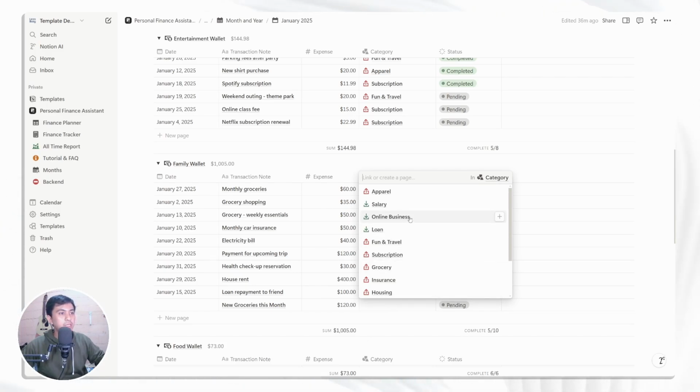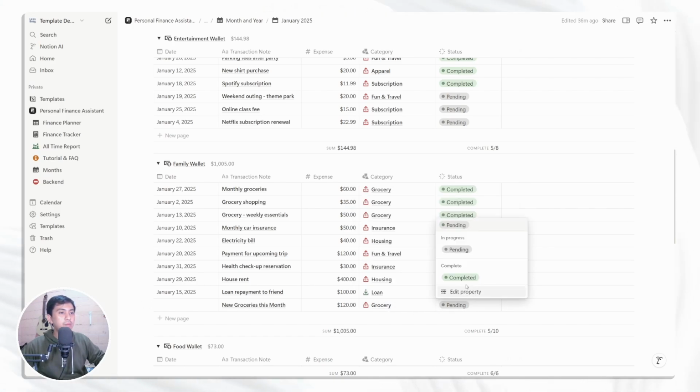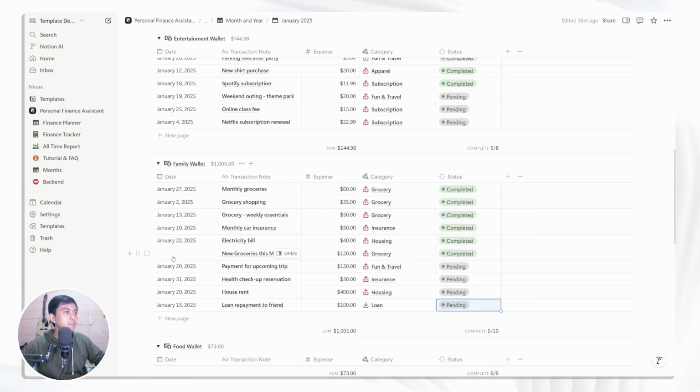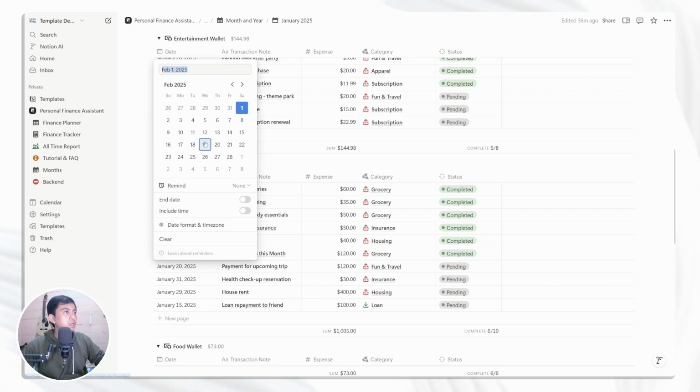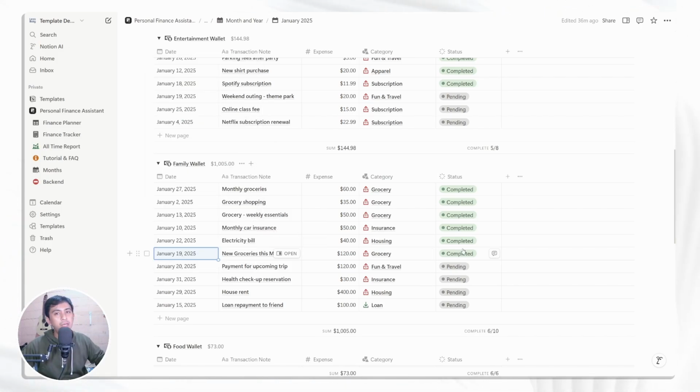We already mentioned categories here. Let's say this is groceries, and then you click complete if it's already done. You can also add when this particular transaction takes place. Let's say it's the weekend of the second week, which is this one. So that's how you add a new transaction for tracking.